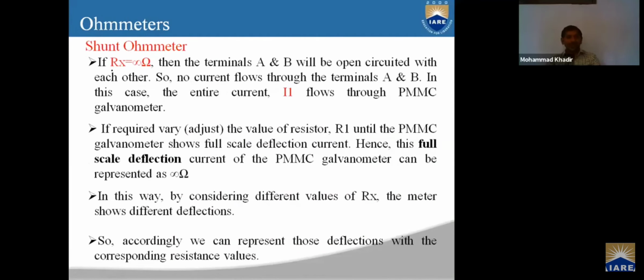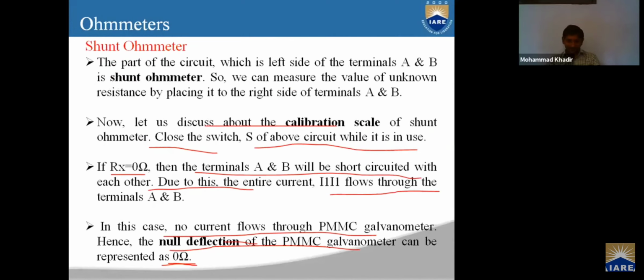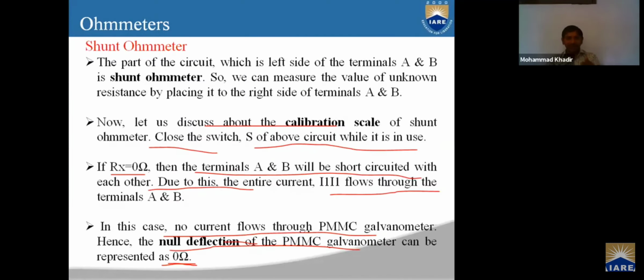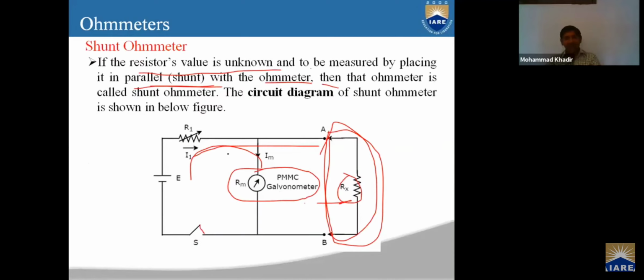Then if infinite, this is parallel. Okay, in a parallel, if there is no current, resistance is high, as in series. If no current, it means resistance is high. If current is high, resistance is low. Now in the shunt, no current flows through the PMMC galvanometer. The galvanometer will not deflect. Current is moving through the other circuit, the other way. Here this current will move in this way. But the PMMC will not be deflected. If not deflected, it means no resistance will be shown in the circuit. Like that, the resistance can be made 0.